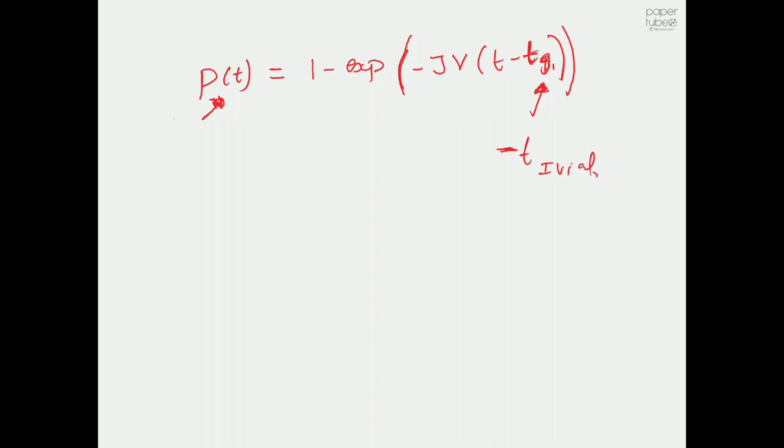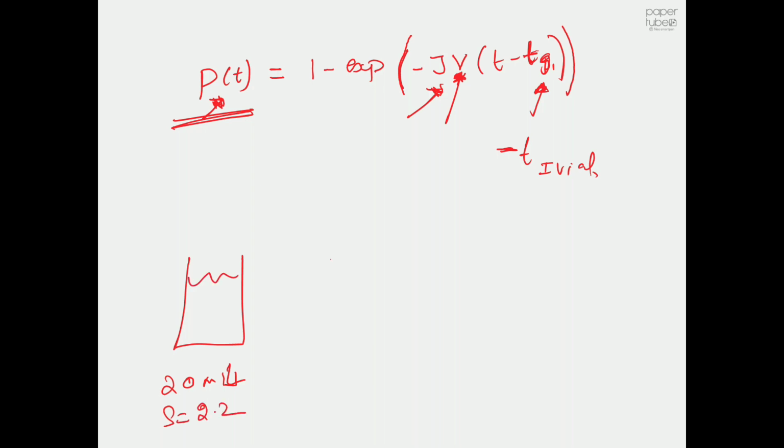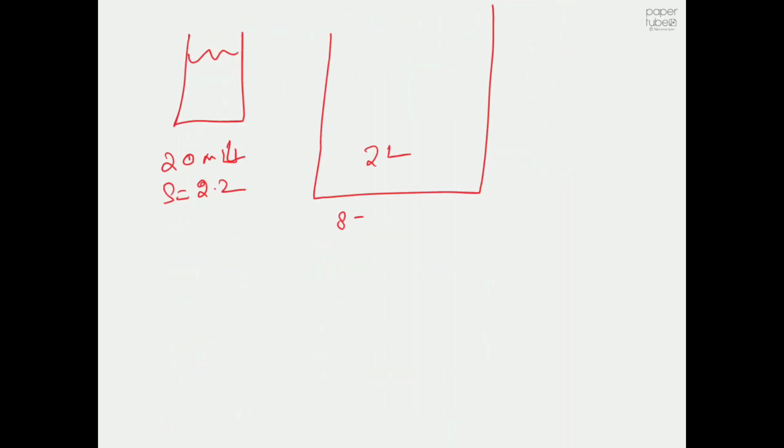So this is like a probability function. What we are going to do is that the probability of the vials getting nucleated with respect to time is related to your nucleation rate and the volume of the reactor. So volume also plays a big role in nucleation. Say if you perform an experiment with 220 ml, with solution supersaturation of 2.2, and you perform the same experiment in a 2-liter reactor with supersaturation ratio 2.2, everything is the same, solution is the same, temperature is the same,